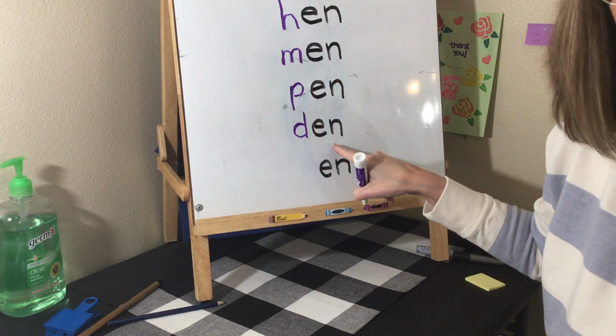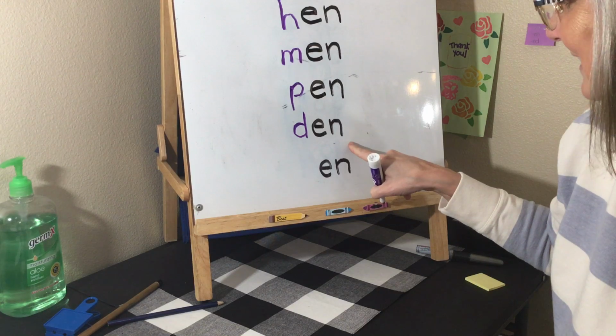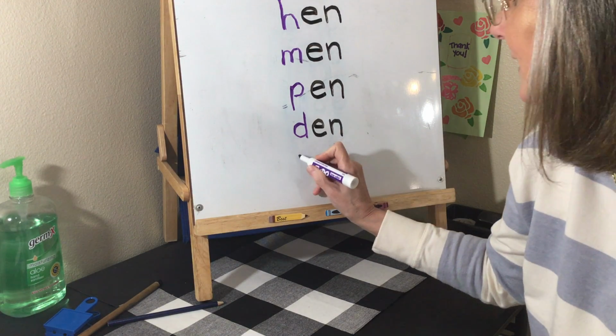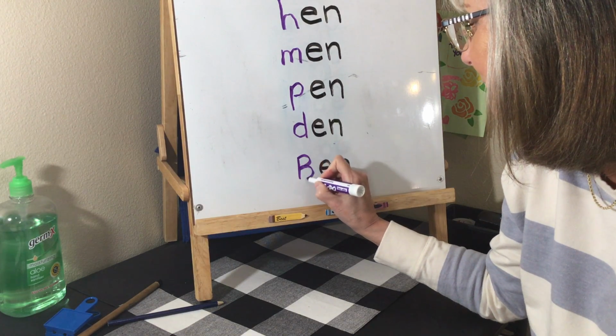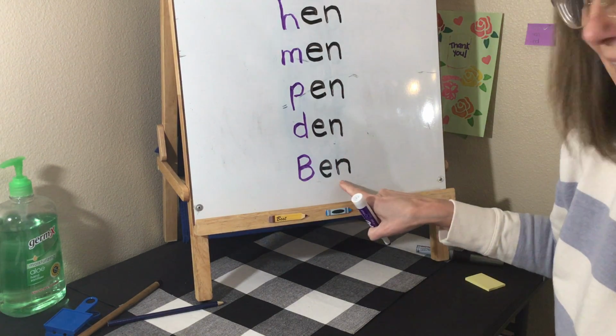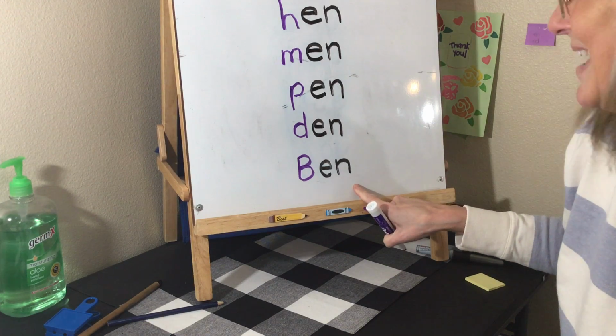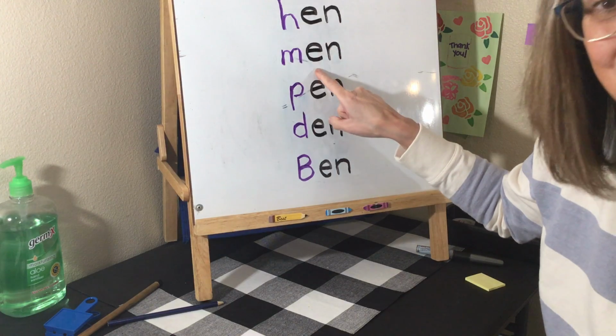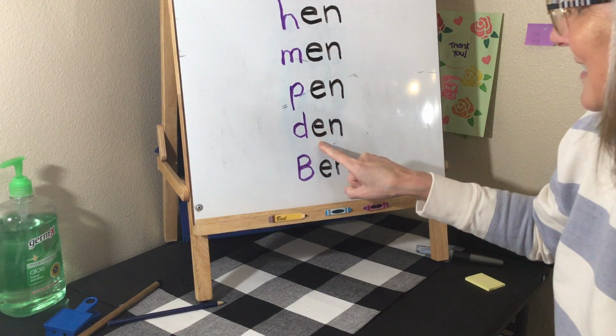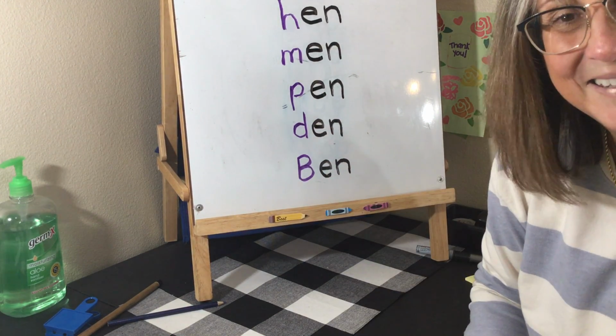And a D. D, N, den. And then I'm going to put someone's name. So if this is someone's name, it needs to be a big letter. Okay, what is this? B, N, Ben. Okay, so let's read them really quickly. So we have hen, men, pen, den, and Ben. Okay, so